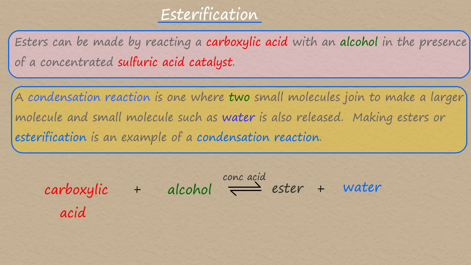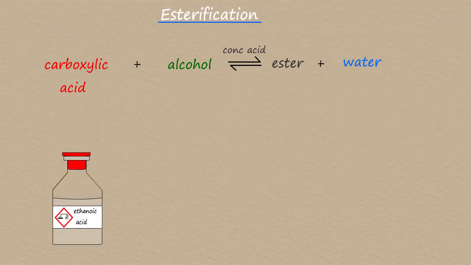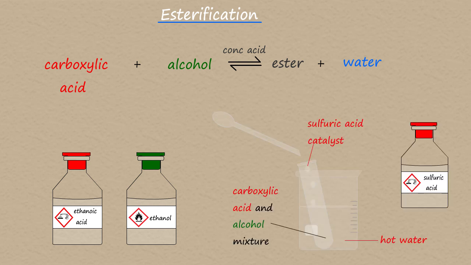Now, this reaction can be very easily carried out in the lab by simply mixing small quantities of a carboxylic acid, such as ethanoic acid, and an alcohol, such as ethanol, in a boiling tube with a few drops of concentrated sulfuric acid added to act as a catalyst. The boiling tube should be placed in a beaker of hot water to allow the reaction to take place,